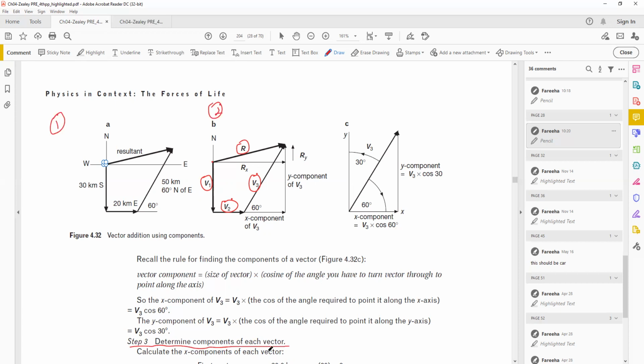You have two types of components. You have the x components and you have the y components. So you have to find x components. X components are v1x, v2x and v3x. v1x is equal to what? The formula for v1x will be